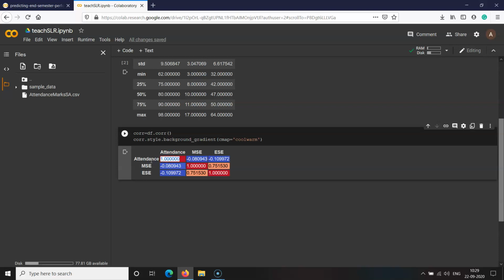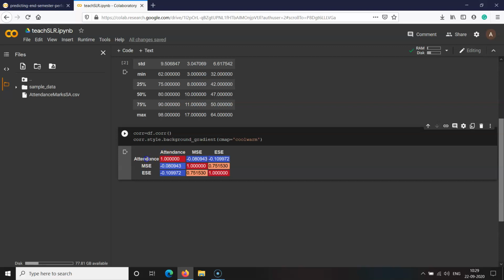A correlation analysis is basically performed between two different variables. That's why it is called the bivariate analysis. And when you perform the correlation analysis of a feature variable with itself, you always get the result of 1.